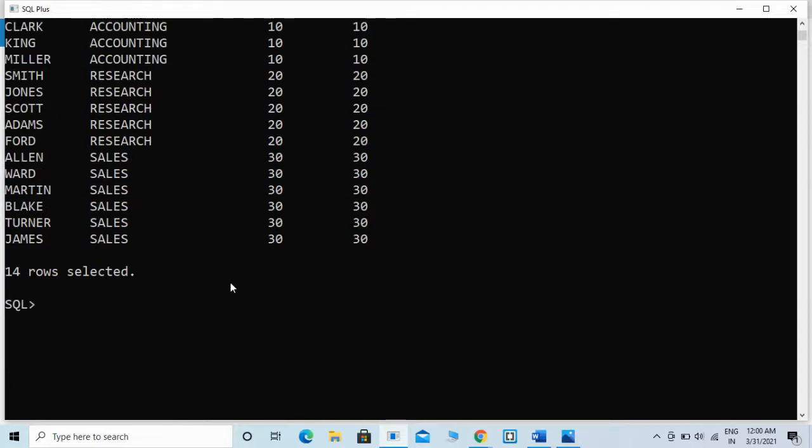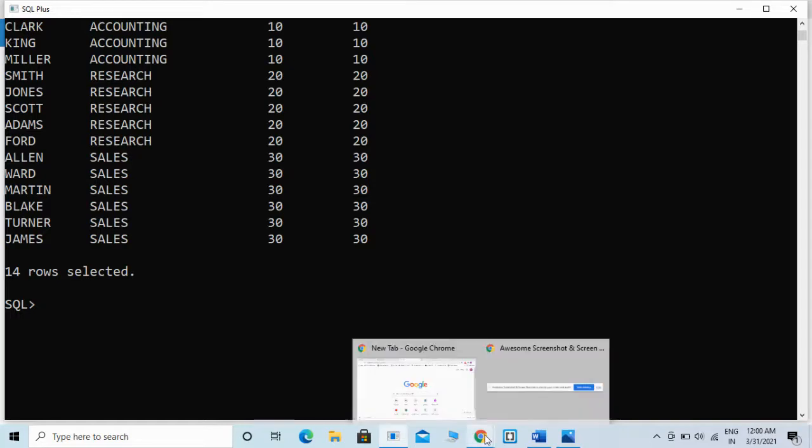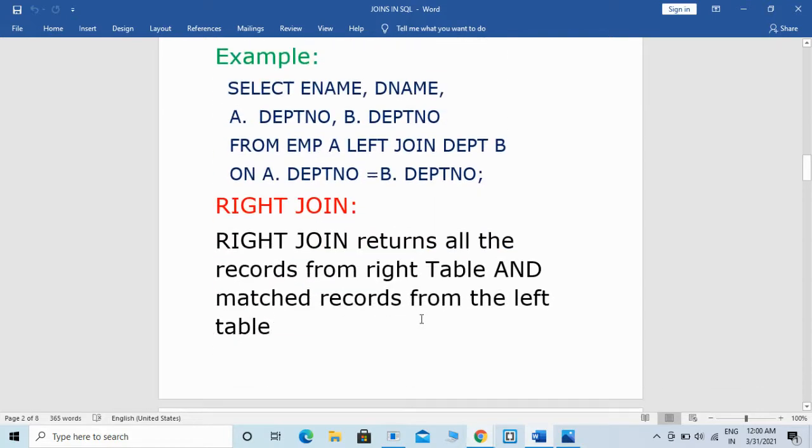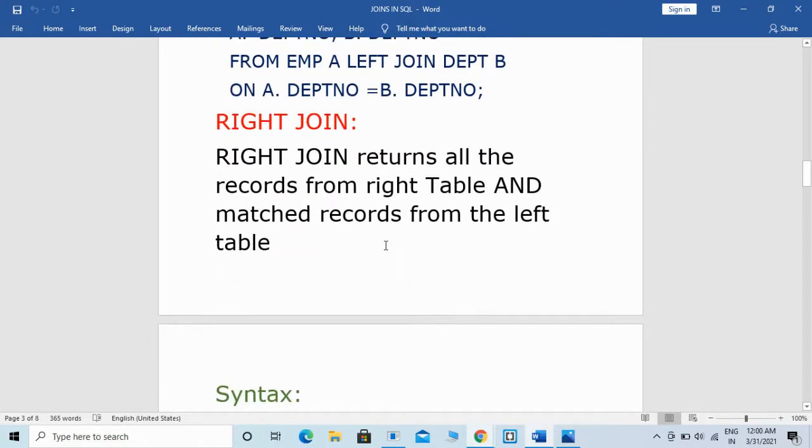Now in this way we are going to see full join or right join. Right join returns all the records from the right table and those records which satisfy a condition from the left table.